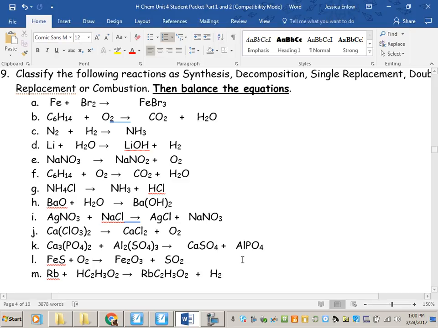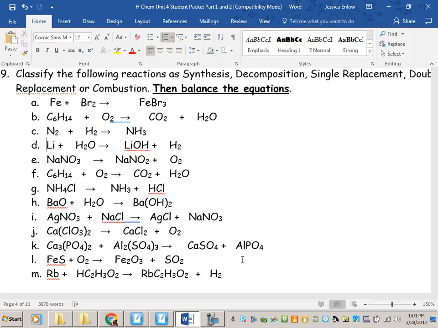Think about what we're doing in A. We're taking an element and another element, and we're putting it together. Of our 5 types of reactions, which is that? Synthesis. Which type of synthesis is it? Binary synthesis, because we have, you might even put binary next to that to further help classify it in your